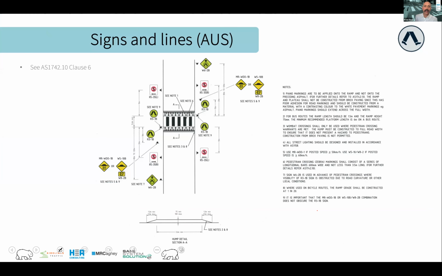I popped this into the chat, I think, after Naomi asked some questions. I do like this diagram if you're in Australia, because it just lays it all out quite easily and nicely and shows you what we should be aspiring to. Personally, I think we're way over-signing these things in a lot of situations. And I've got a bit of a gripe with it, but